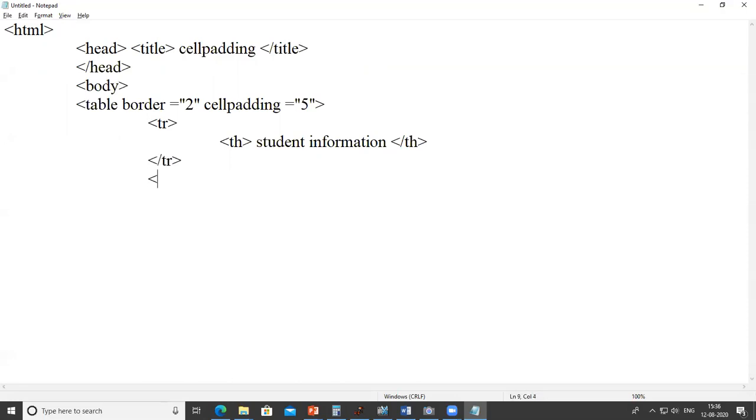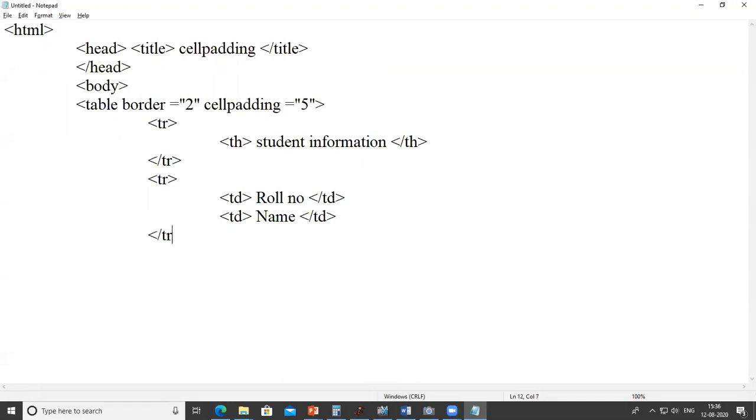In next TR, next row, in TD, I write here SR or roll number. Then I close the TD tag, and in next TD I use name, and I close the TD tag, and finally I close the TR tag.